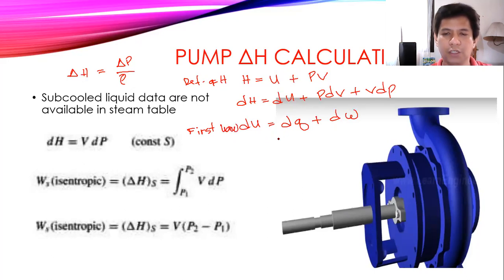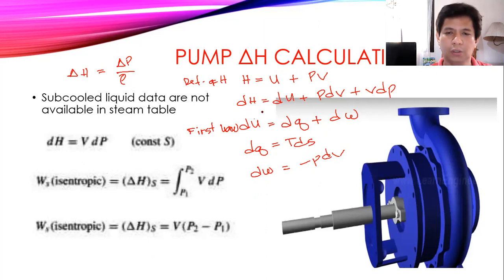Okay, and then the definition of dQ, diba, dQ is equals to TdS. This is the definition of entropy, no? This equation. Tapos dW is equals to negative PdV. So when you substitute dU to this equation, it will become dH plus dQ plus dW. And then when you substitute dQ, this equation to dQ, and you substitute dW to this equation, what will happen